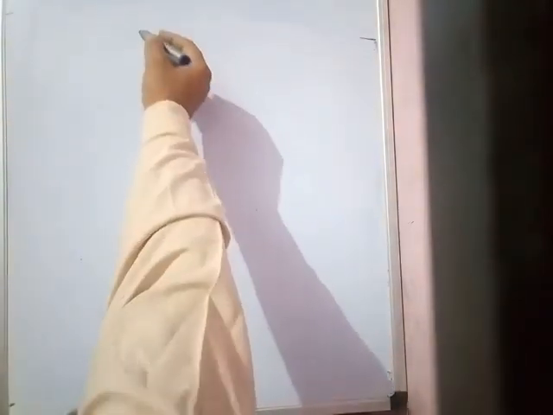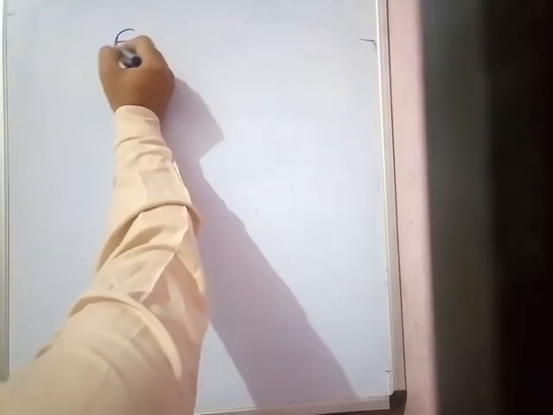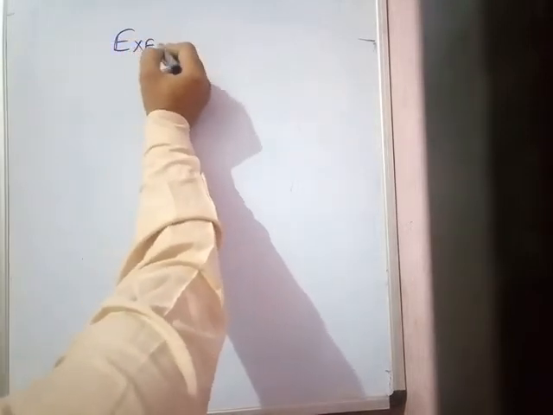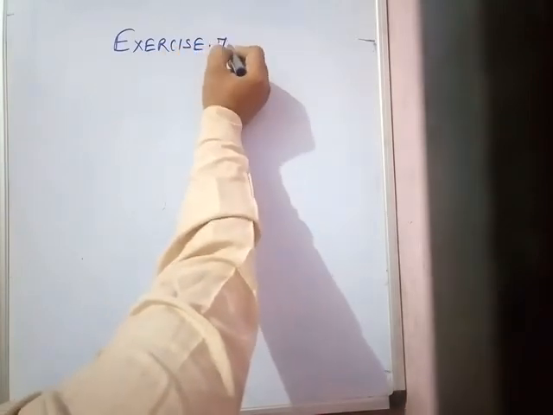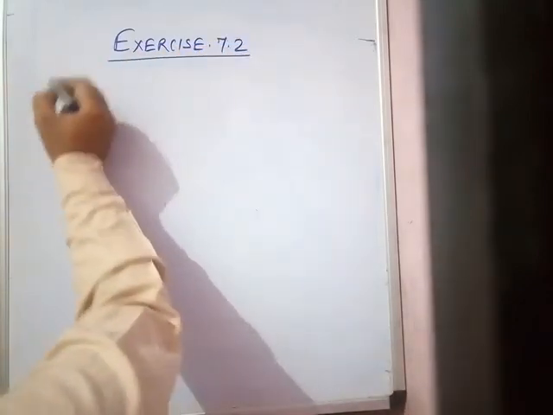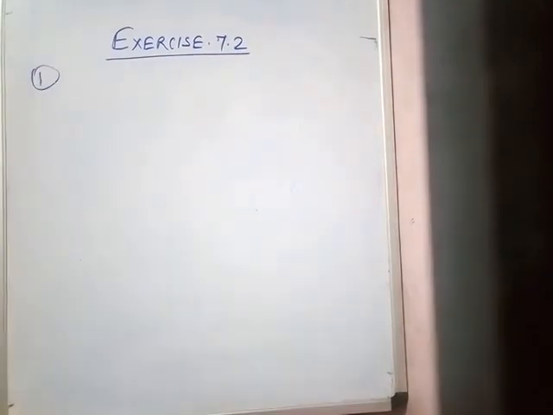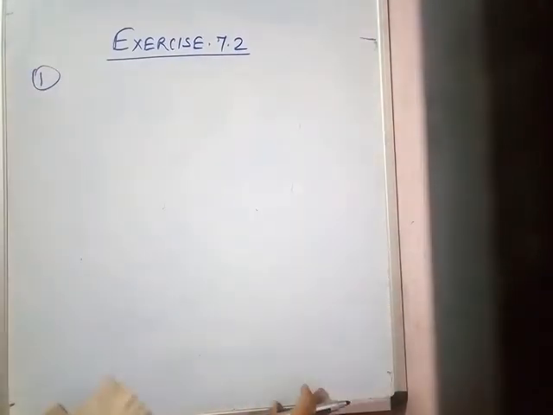Now exercise 7.2, and the first question of this exercise is: find the coordinates of the point which divides the joining of minus